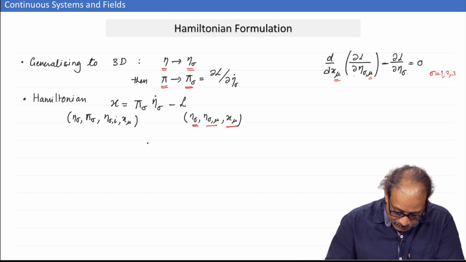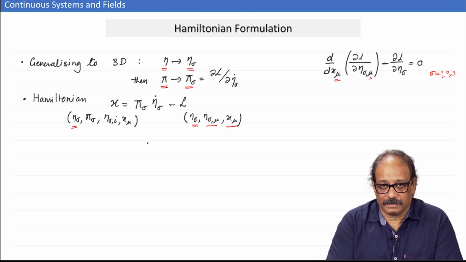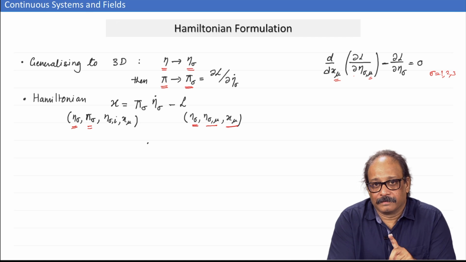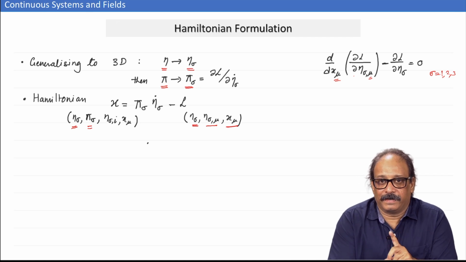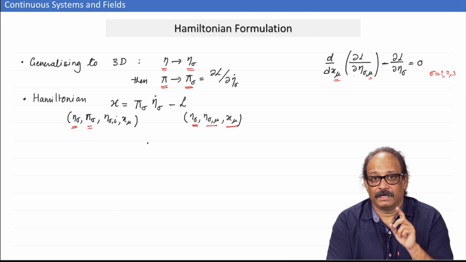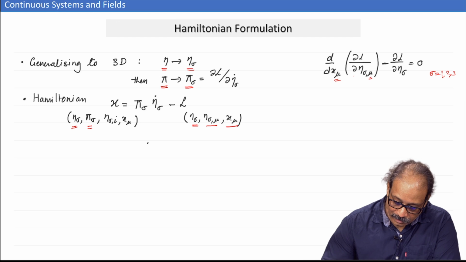Whereas the Hamiltonian is a function of the field variables eta, then remember pi sigma is now separated from the remaining partial derivatives. Pi sigma is actually connected to eta sigma dot,